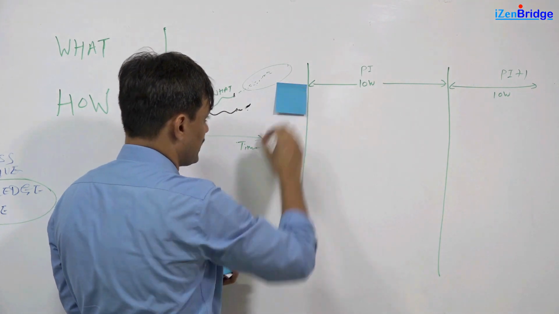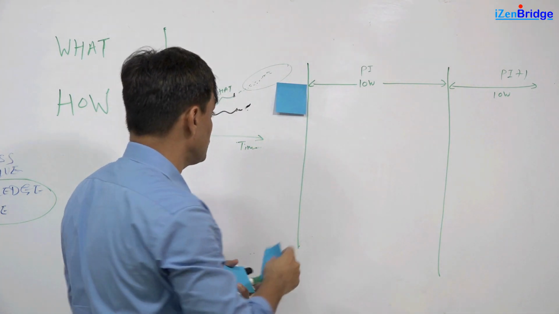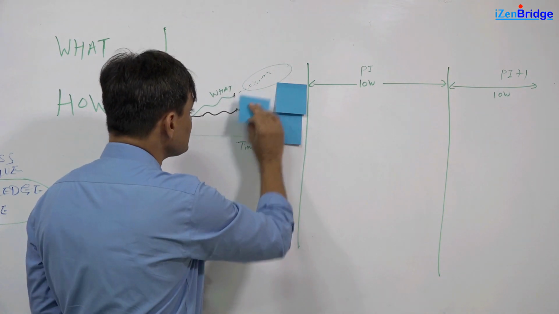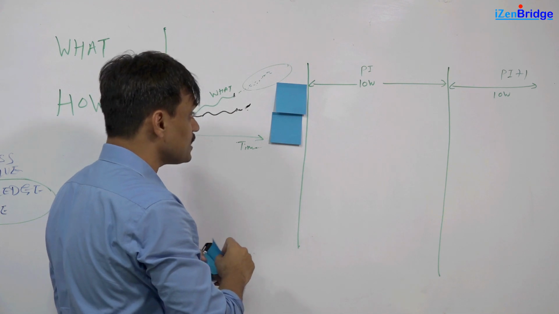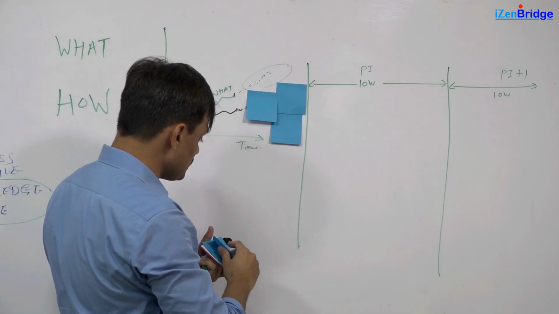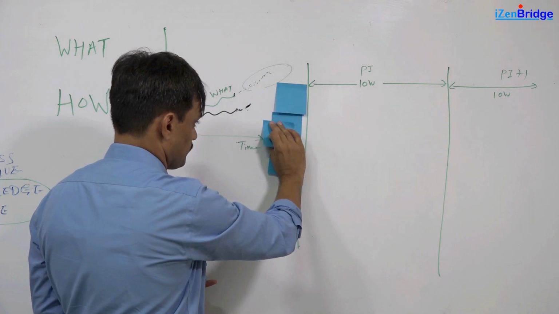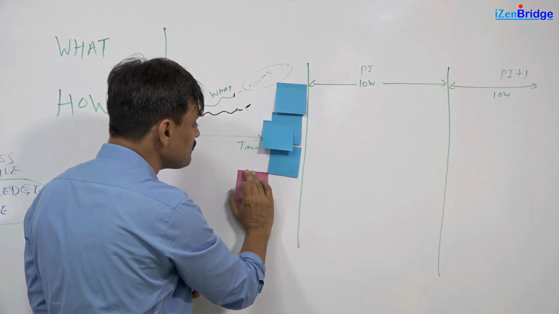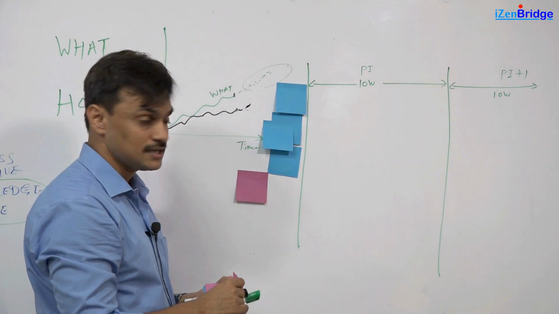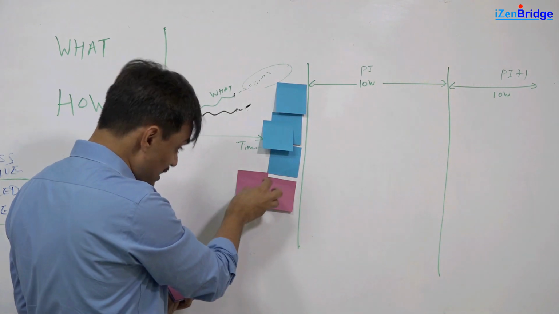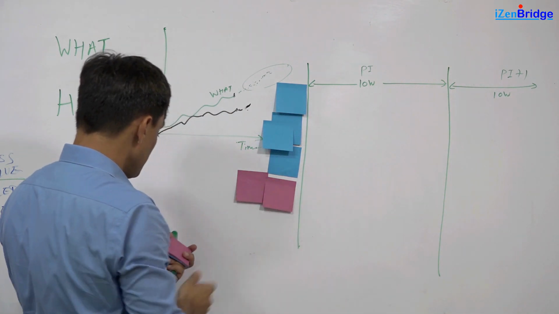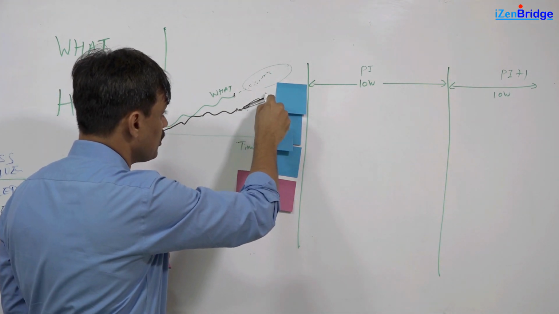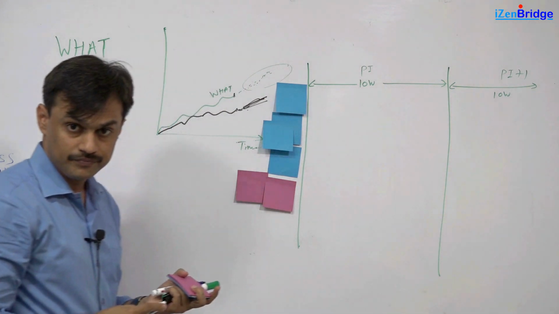One type of program backlog items, which I am representing with the blue color, are something which has customer focused business values. So they are the things which a customer stakeholder can understand. This is something which is visible inside the product at the end of a development. And there are some which are infrastructural, which are architectural things. These are the items which will help us in knowing the how part of our development for the upcoming program increments.